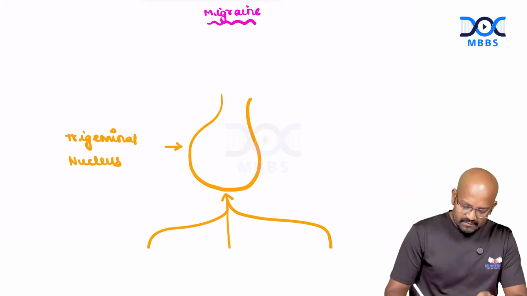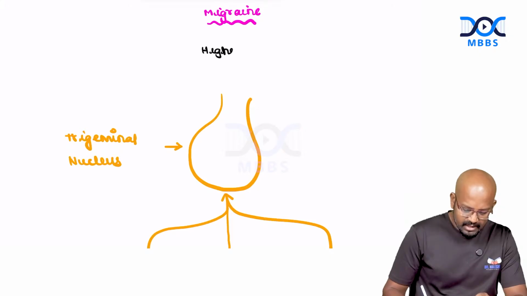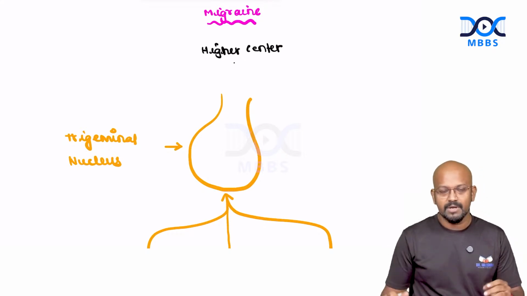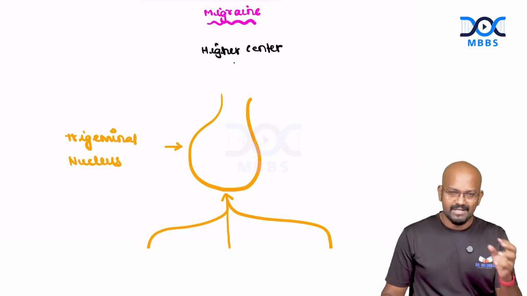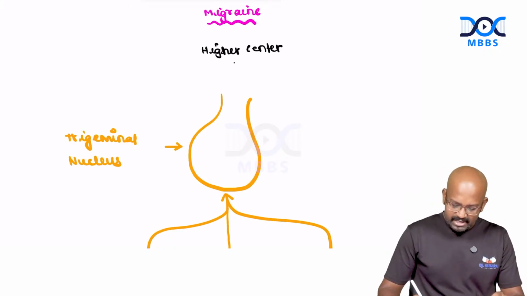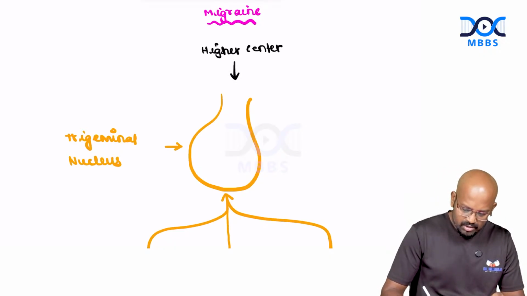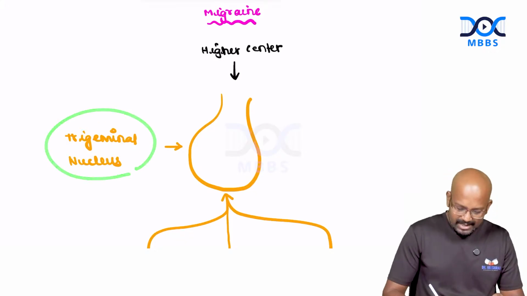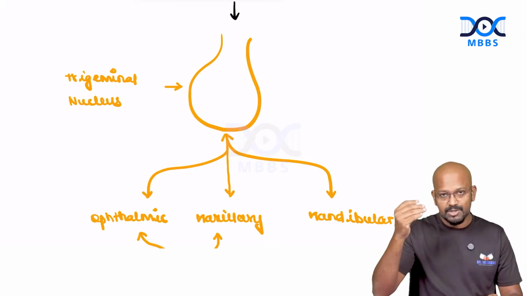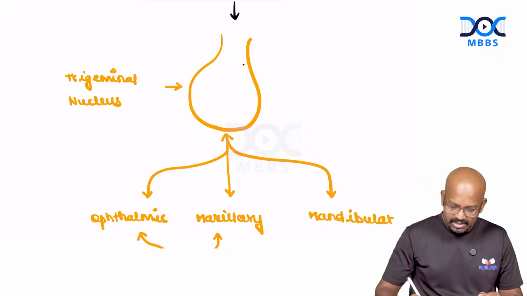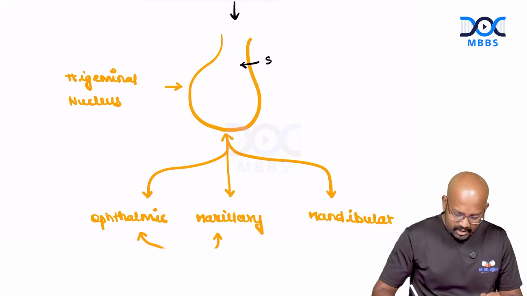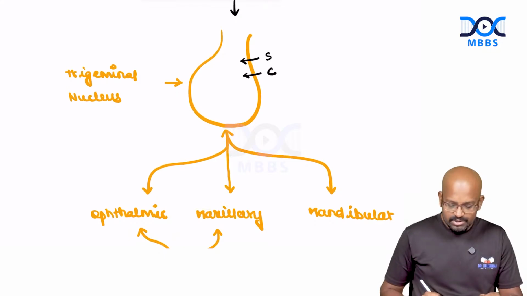As per pathophysiology, from the higher centers, which means from your brain or from the cerebrum, any impulses traveling from outside the body, like a vision or a strong odor or any sound, come down towards the trigeminal nucleus. Inside the trigeminal nucleus, as the impulse comes down from the cerebrum, this end plate is going to get depolarized. Thereby, there will be influx of sodium, influx of calcium, which leads to the release